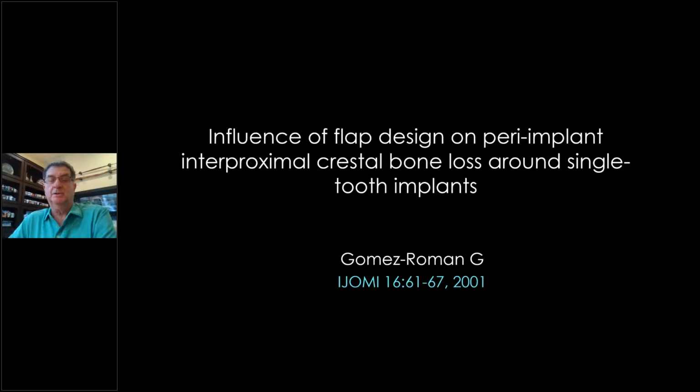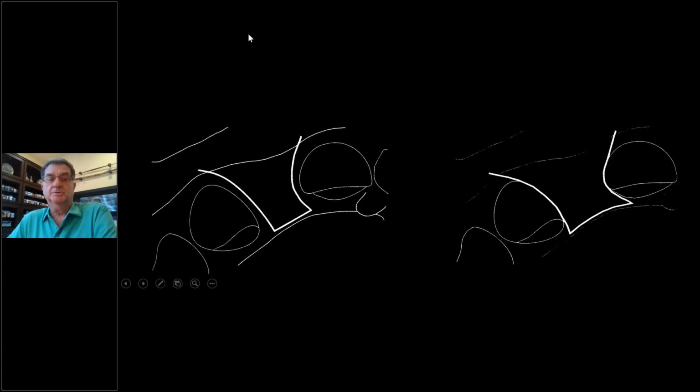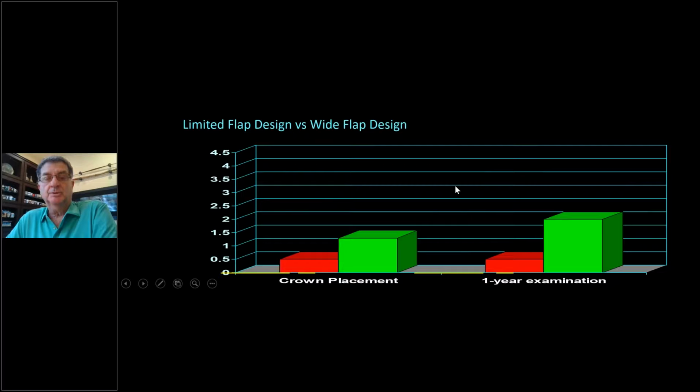And Gomez-Roman did the classic article on this in 2001, where he did papilla sparing incisions like here, and he did full papilla opening here. And what did he show? He showed that after crown placement, there's a certain amount of bone loss after the extraction, but 1 year later, look, very minimal bone loss on the adjacent teeth, 0.2, 1/10 of a millimeter, nothing serious. But look here, 0.7 of a millimeter, and it went up to 2 millimeters. Look at the range when you open a papilla without a papilla sparing incision. Papilla sparing incision, minimal change. You open it up, instead of 0.1 or 0.2, you're down to an average 0.7 with a range of 0 to 2 millimeters. And that's going to give you a black triangle. So we try to preserve that papilla if it's there and try not to touch it.